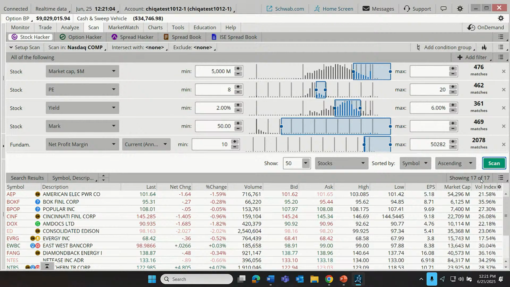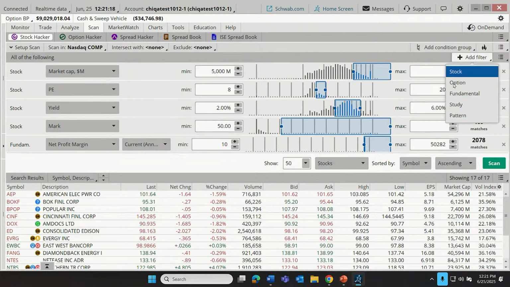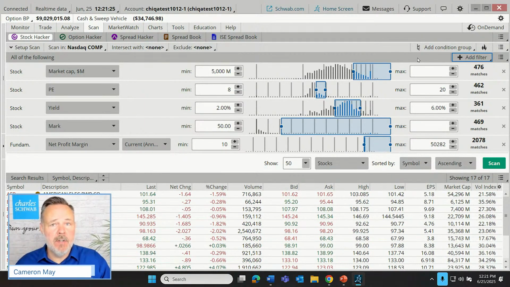So John says, can you do a cross scan, like a filter on a stock and an option? Could, John? Yes. Yeah, using these other filters. I'm not going to do it today because that might cause us to wander off the path into the options realm. And I'm not going to do that. But yes, adding options filters here allows us to stack them up. Also, we're going to be talking about doing technical or chart filters. And we could do those in combination with these fundamental filters. As a matter of fact, I will do that a little bit today. But yeah, we can do some sort of cross-pollination of these different approaches.